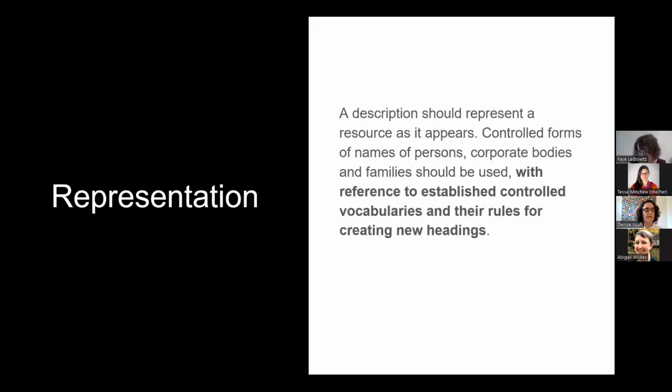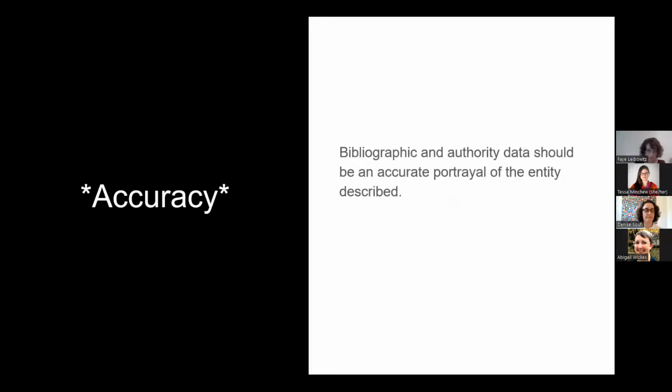On this slide, you can see the ORC modification of the IFLA principle of representation. The importance of controlled forms of names is acknowledged and supported by ORC. As such, we do not seek to create new rules for authority work, but rather endorse any current and future standards. Accuracy is, of course, of prime importance in connecting users to resources. ORC plans to rely on transcription to record data, unless a different representation would be more helpful to users.